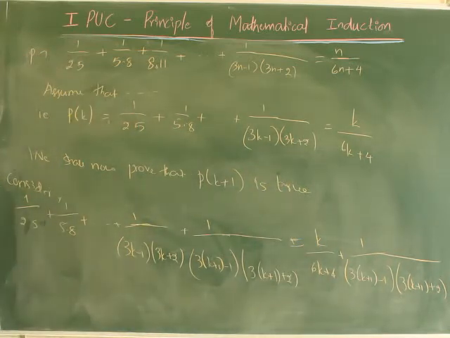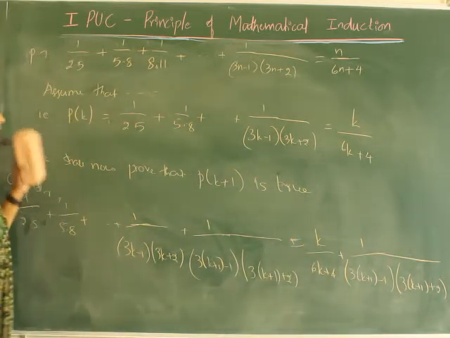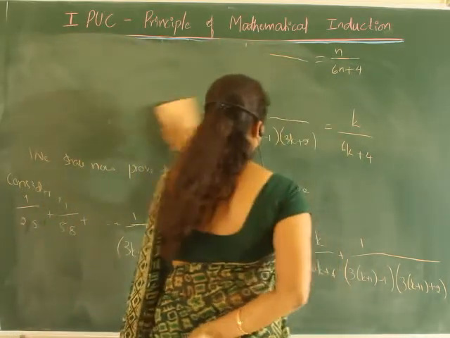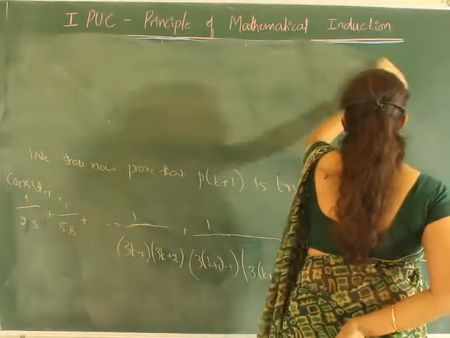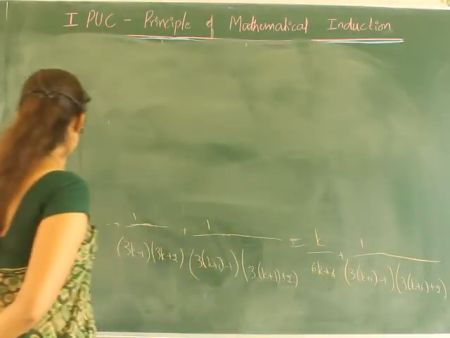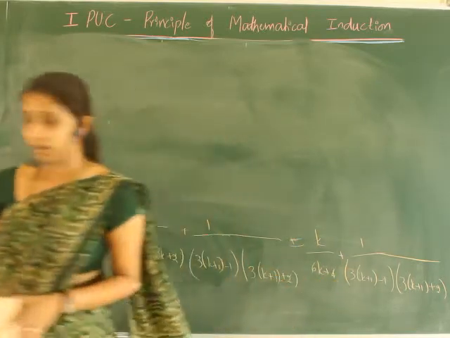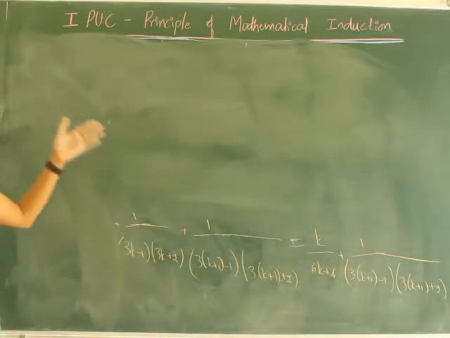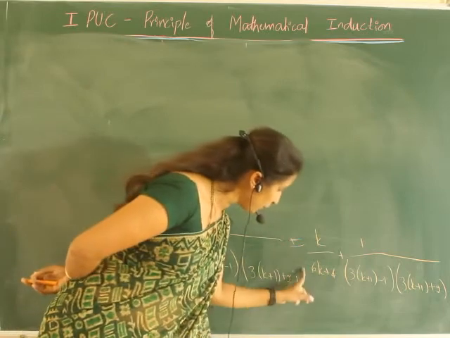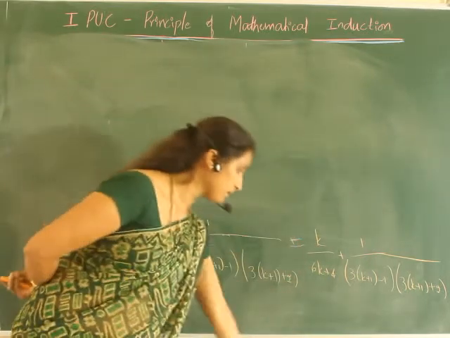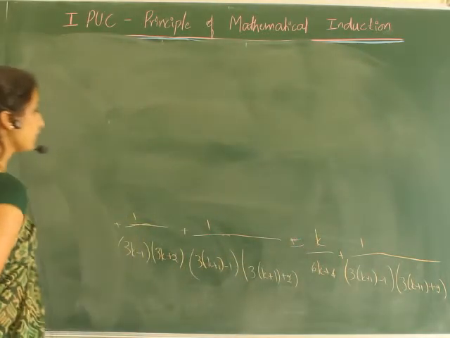Now we have to simplify only the term in the right hand side, not in the left hand side. So how we can simplify the term in the right hand side? So here I'll write those terms, but you have to continue like this only, not here near the margin. You continue here itself, but I'll write now.